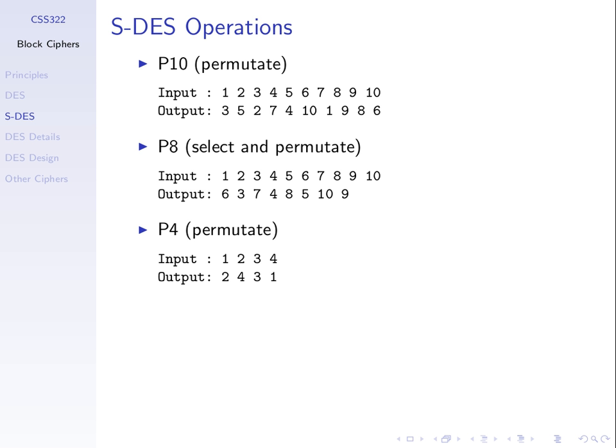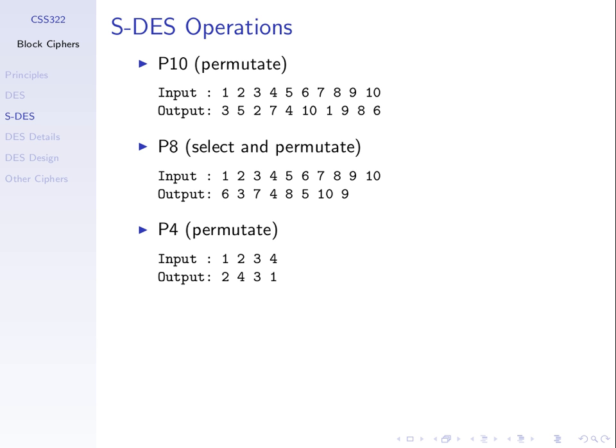6, 3, 7, 4, 8, 5, 10, 9. 1, 2, 6, 7, 8, 9, 10. We just take 8 of those bits and rearrange them such that the 6th bit,